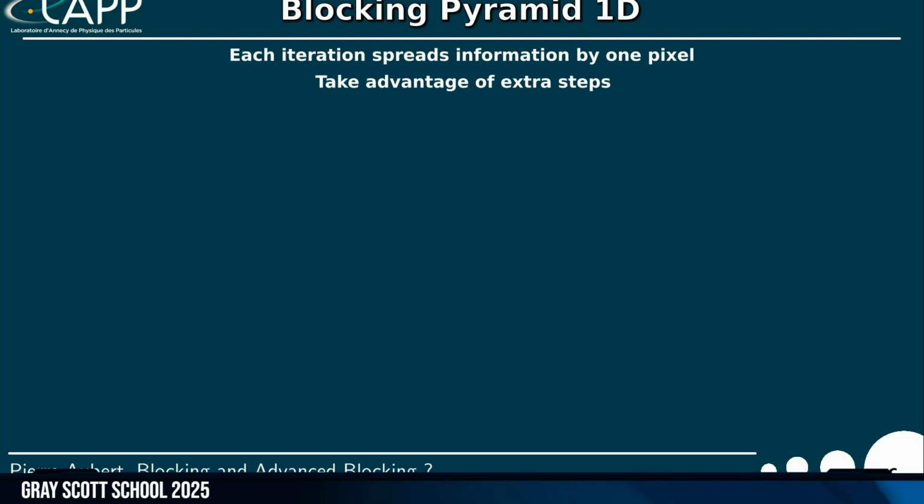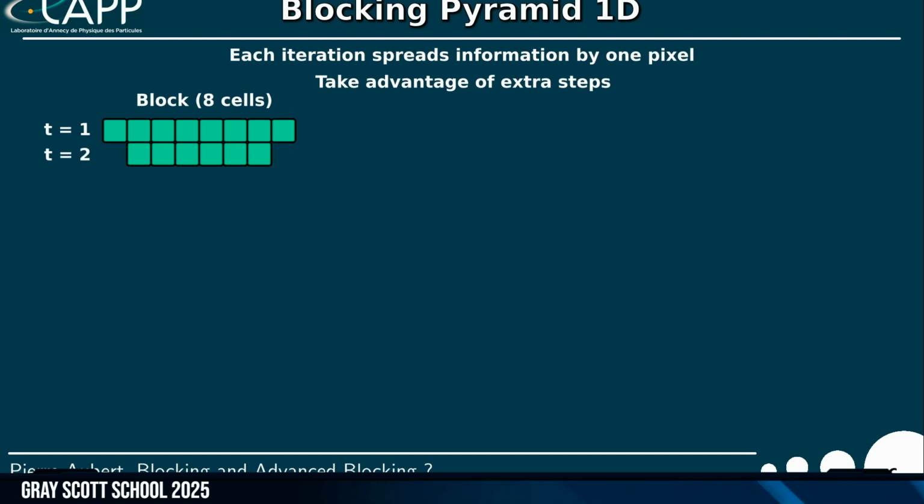If I explain that in one dimension to start, we can say, okay, we have the first time step here. To compute the next iteration of this block, I can do something like this. I cannot update the border because I don't have the information of the neighbors of this block.